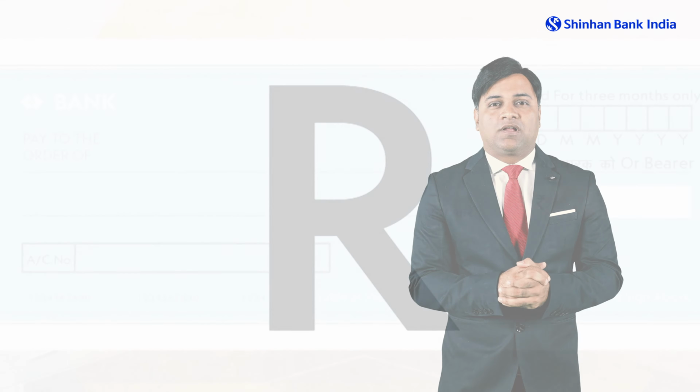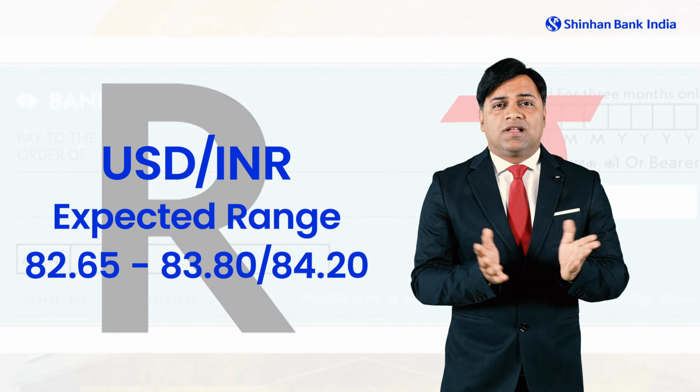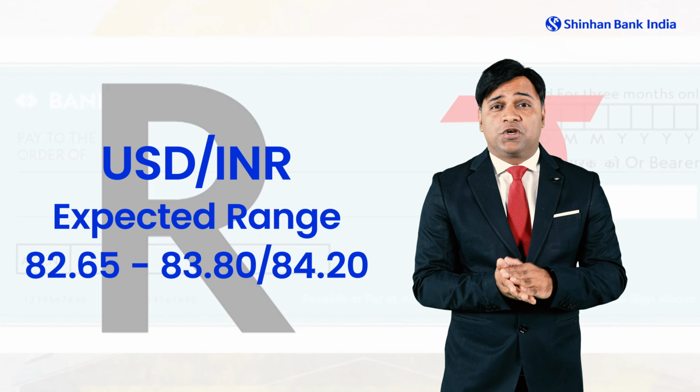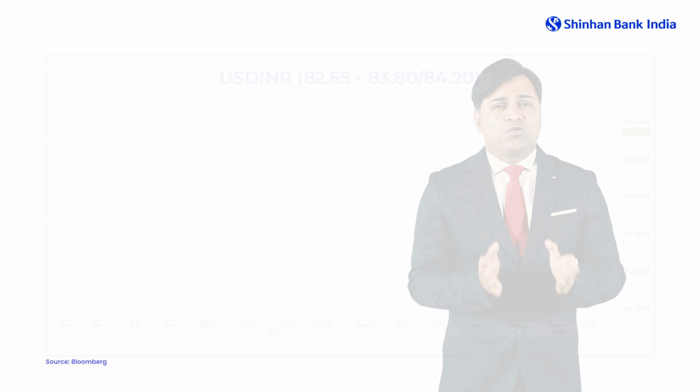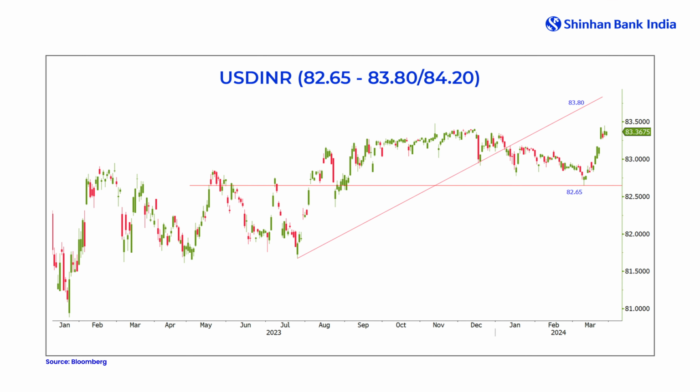Now let's talk about the dollar rupee pair, where we all are wondering whether this broader consolidation will continue or not. Well, 82.65 for us acts as a very important support. We have recently seen those lows and we have seen a bounce above 83 levels, while on the right side 83.35 acts as an important resistance, which is near the all-time highs.